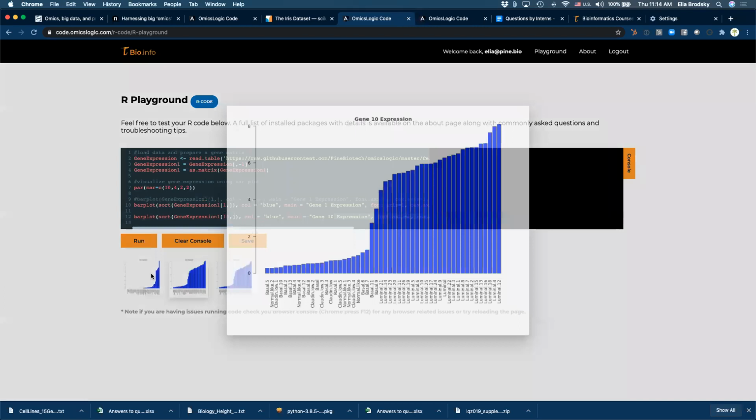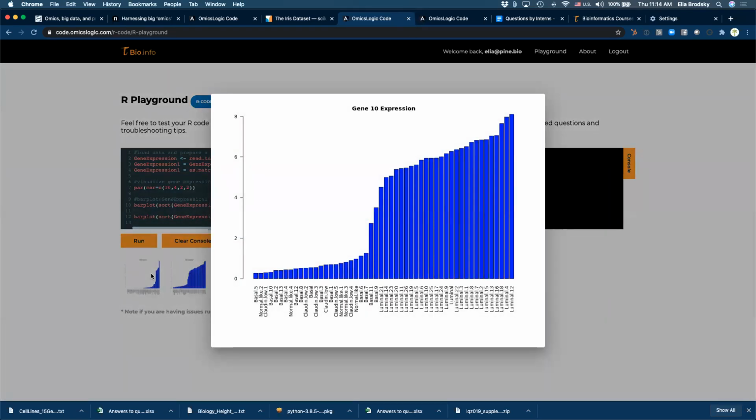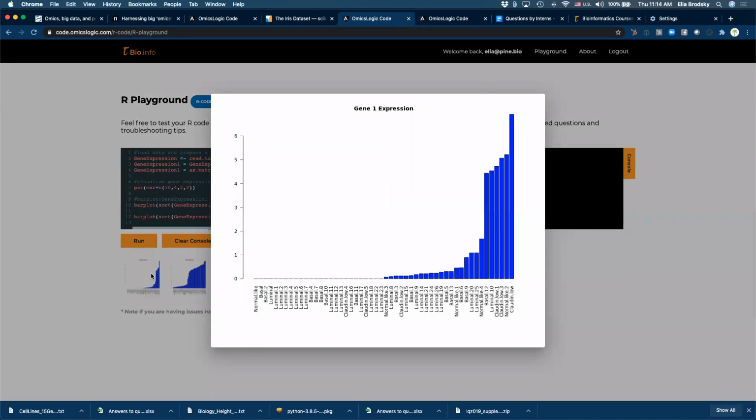Which one do you think is more informative? Gene 1 or gene 10? Okay, anyone else? Why gene 10? Why do you think gene 10 is more informative?